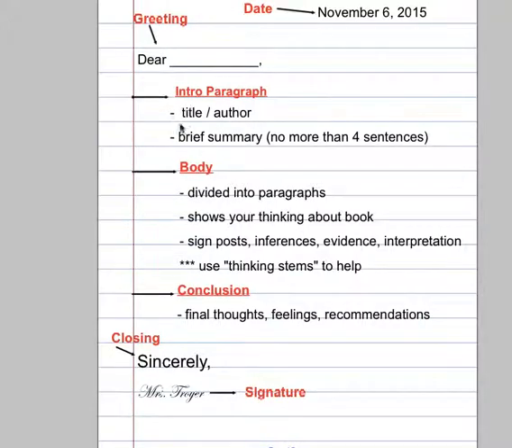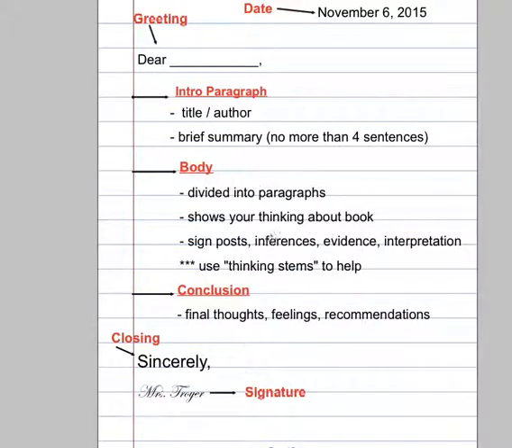Indent, because your intro paragraph is going to say your title and author. You're reading Wonder by R.J. Palacio. Tell me about what this page was about, the texting, and why they were texting, why Jack was texting them, and what was really going on. Very brief, not long. Body paragraph: you're going to have at least two different paragraphs. If you decide to have three, then have three. But you're going to indent each one. Pick one part of that to talk about.